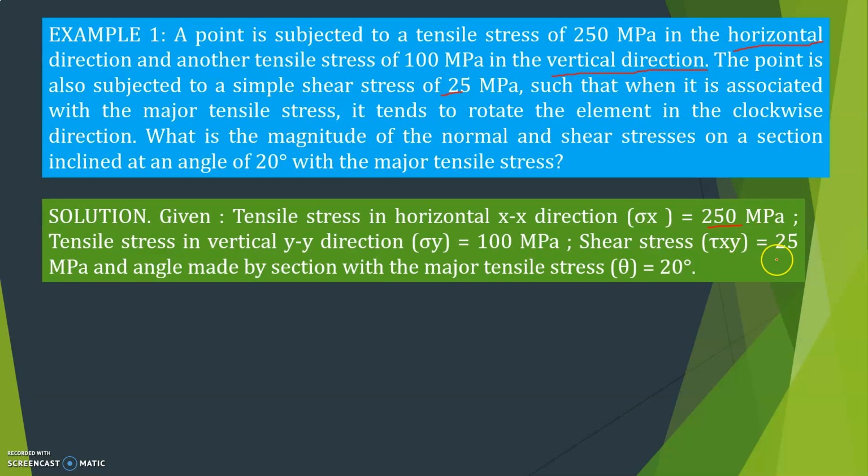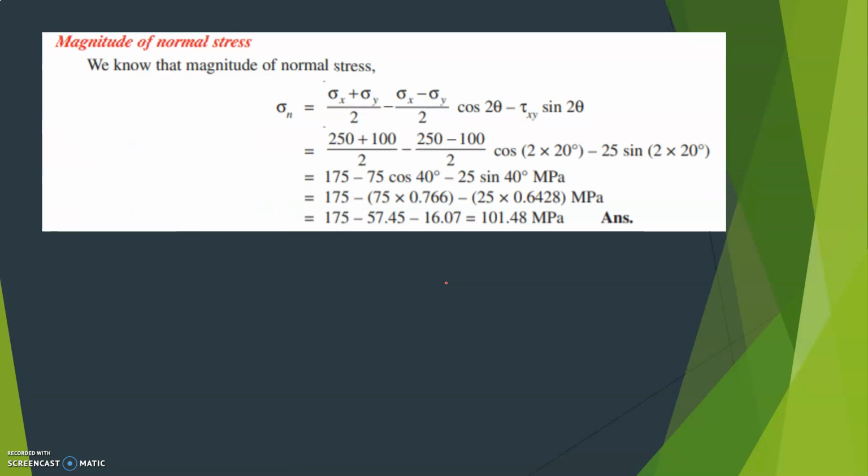That's why it is plus 25 MPa. And the angle made by the major tensile stress is 20 degrees. So, direct substitution, you have that formula. Normal stress sigma n is equal to (sigma x plus sigma y) divided by 2, minus (sigma x minus sigma y) divided by 2 into cos 2 theta, minus tau xy sin 2 theta. So substitute all the values and simplify this, you get sigma n is equal to